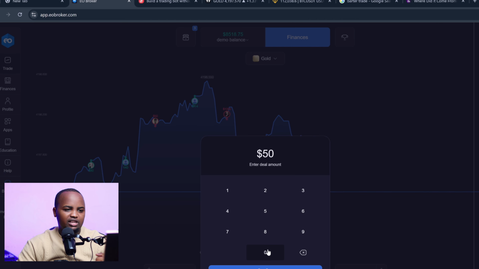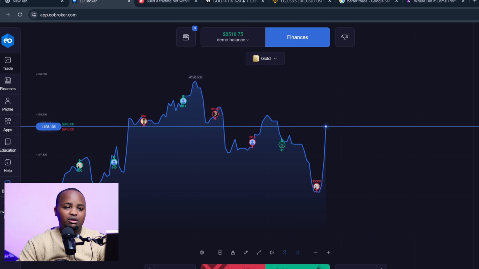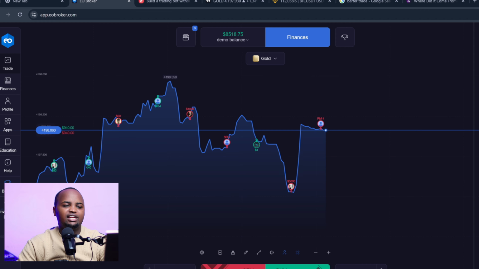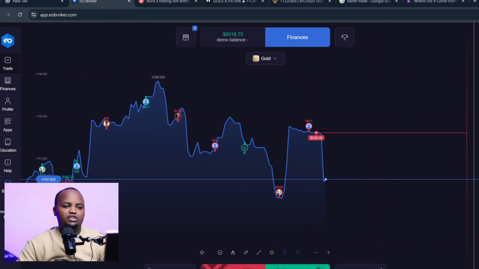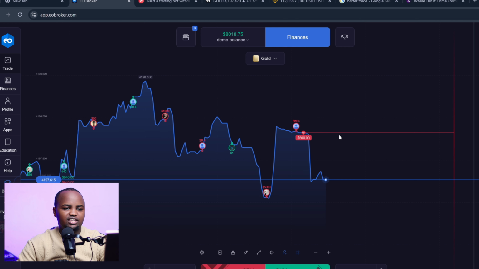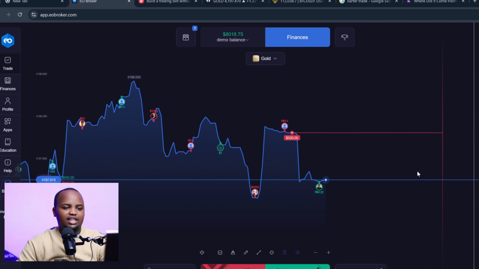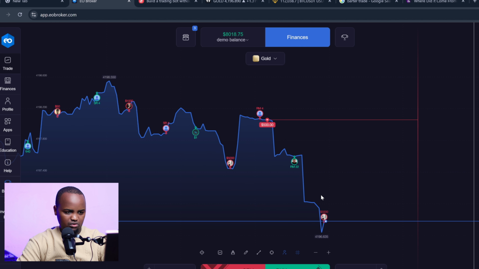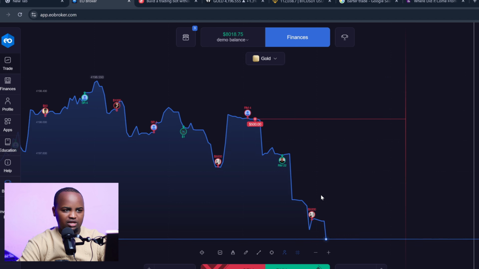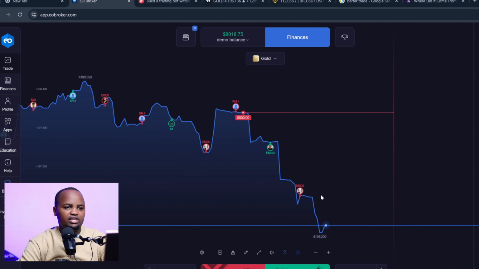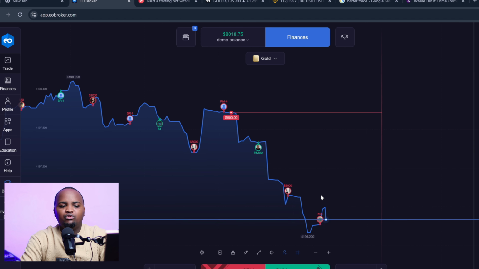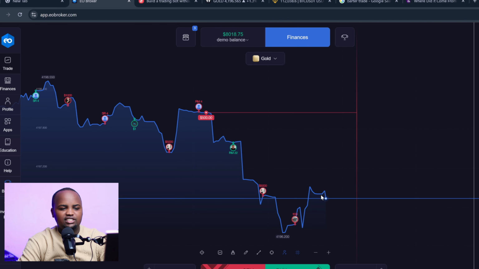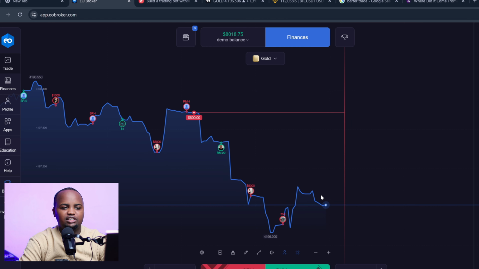Let me put 500. I'll show you how fast you can make money and how fast you can lose this money. Let's say this market is moving like that and I decide, let me sell. So if this market is actually going to move like that, you can see it has moved down. So if it's going to remain like that, because I've already sold at 500, let's see how it's really going to go, because I've already placed $500. I have 8,000 there. So if I'm going to get a very big profit, I have risked $500 here. So let's see how much I'll be making there.